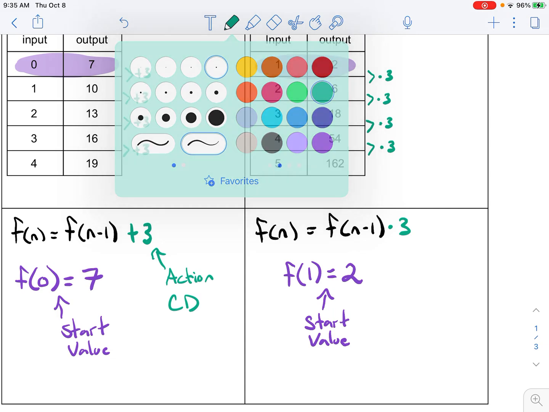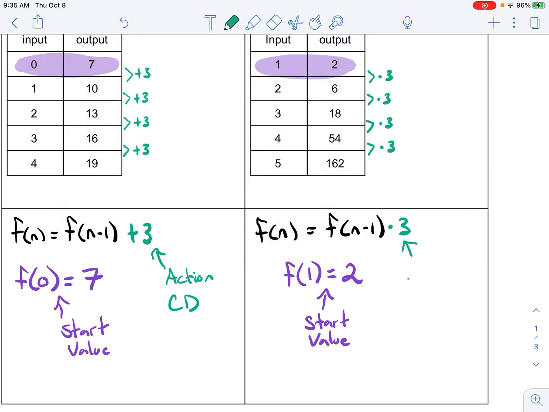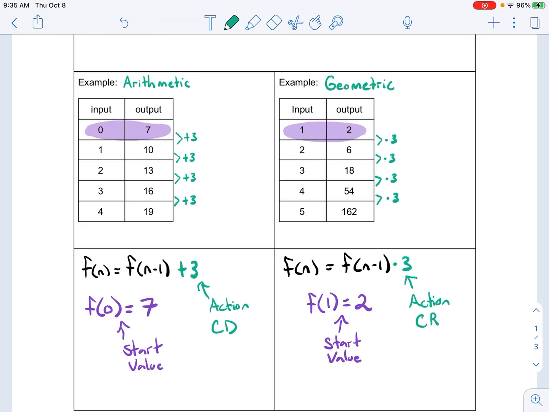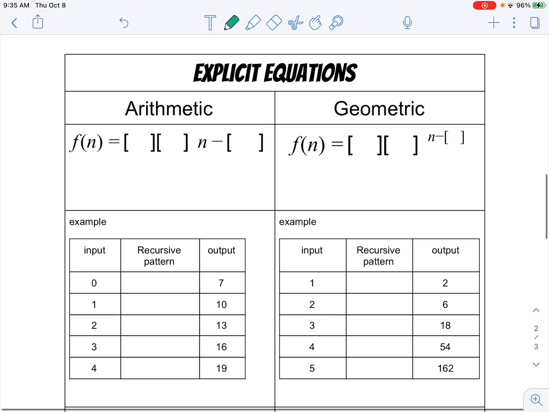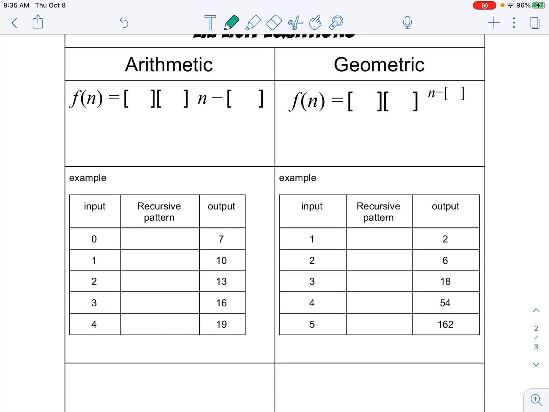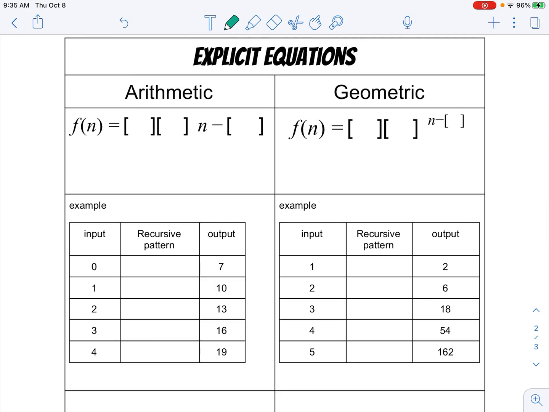And this is my action, which is a common ratio of times 3. So these are the recursive equations. We're going to go down now and look at arithmetic equations. We're using the same information, except this time we're doing an explicit equation. So the first thing we have